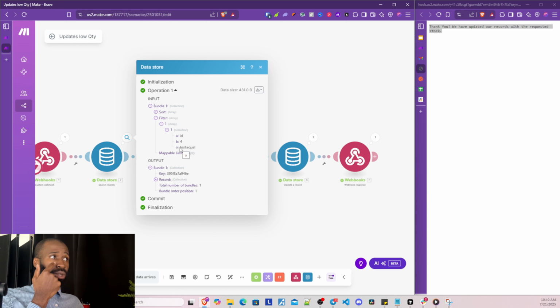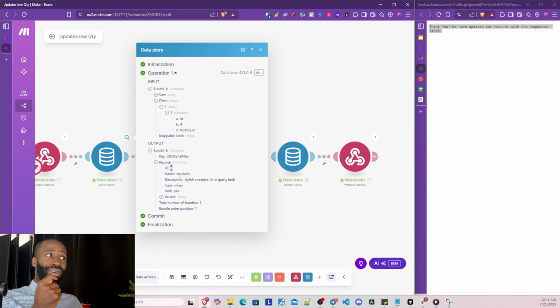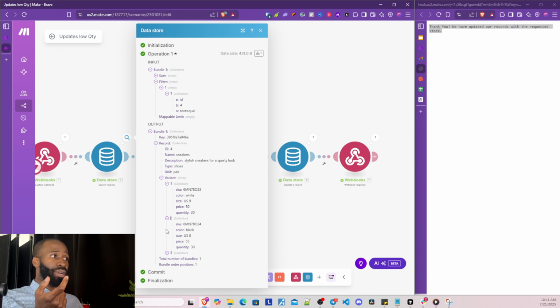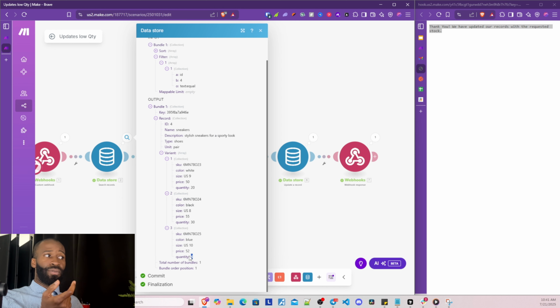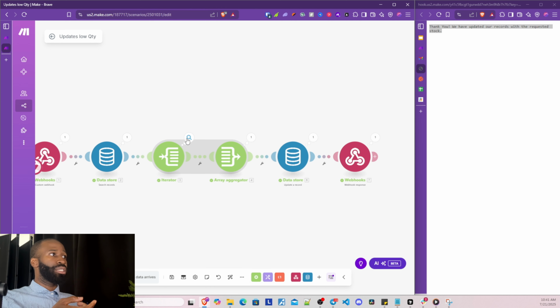The operator was like, okay, the text must be equal to 4, and because 4 was the one that was low, right? So it searches, it finds it, like, oh, 4, the sneakers, right? The stylish sneakers, the shoes, the ones with all 3 variants, and the third one being 4, right? So it finds the record we're looking for and sends this data to the iterator,